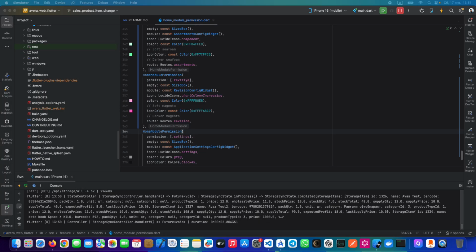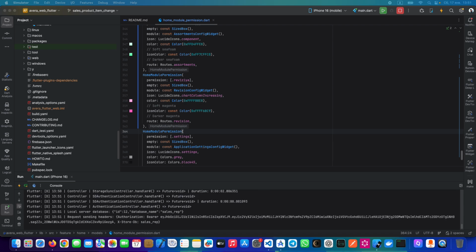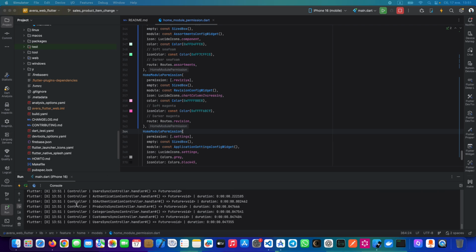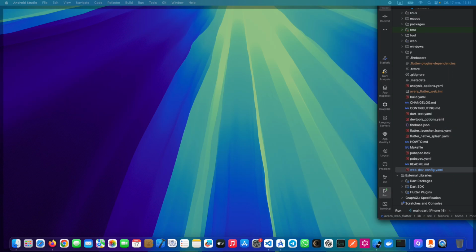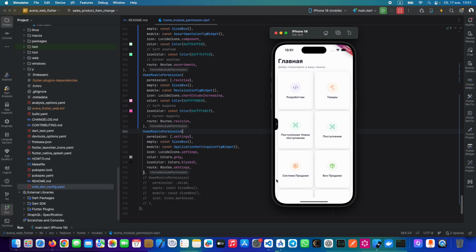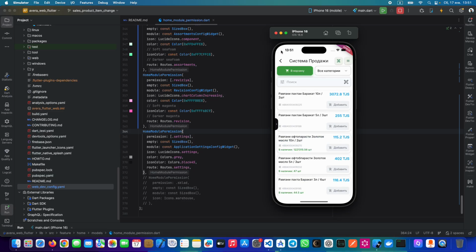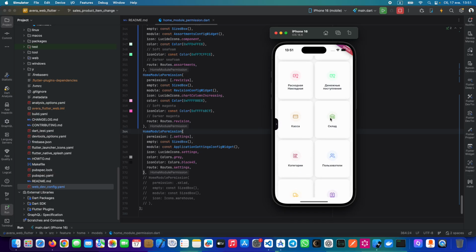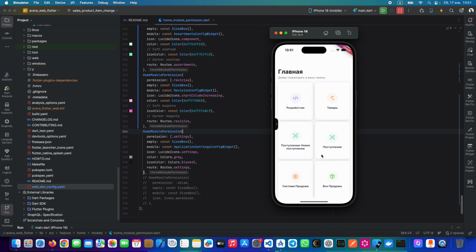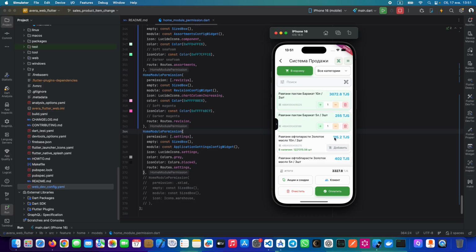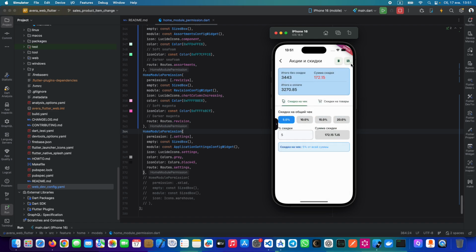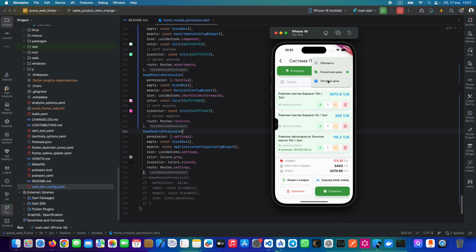Got it? So this is for the iOS, which will run for iOS. It works pretty much the same as the Mac OS one. You see, so it has the